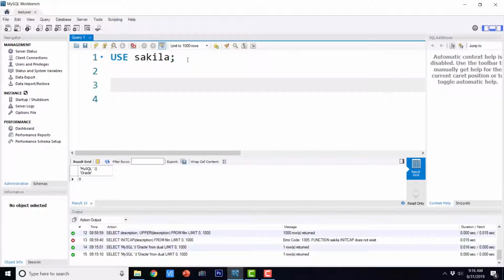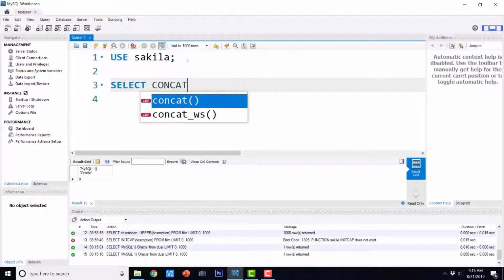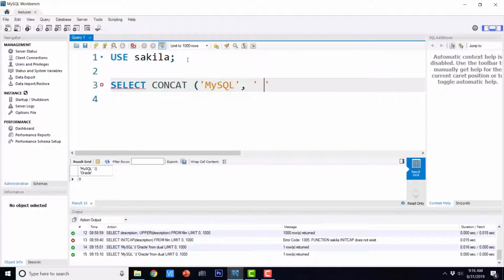Here we are going to see a simple character manipulation function, concat, which is used for concatenating two strings. The first string is MySQL, comma, the second string is the best. Note that there is a space before the word is because I want this statement to be correct syntactically and grammatically.